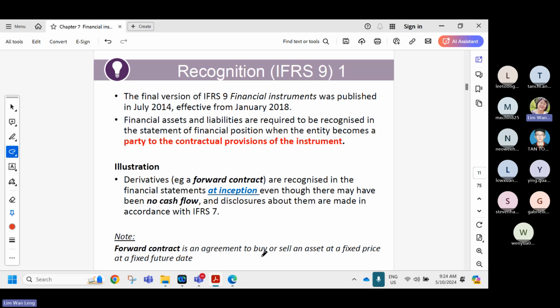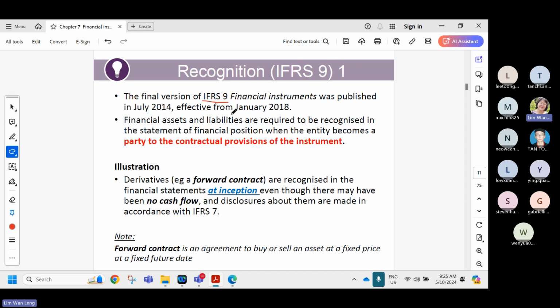So it's very difficult for you to enter into such transactions. But for financial instruments transactions, you find that it's very easy. Why? Just sign the agreement, no need to pay out anything normally. Or if you need to pay, it is also very low at the inception. Okay, so they tell you, with respect to IFRS 9, as I mentioned, it takes many years for the IFRS